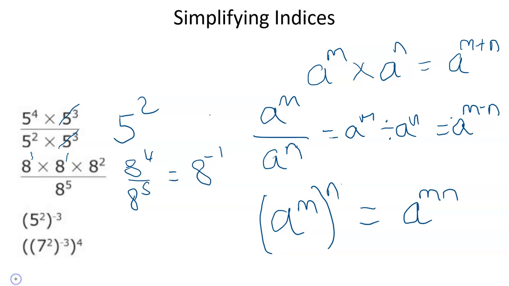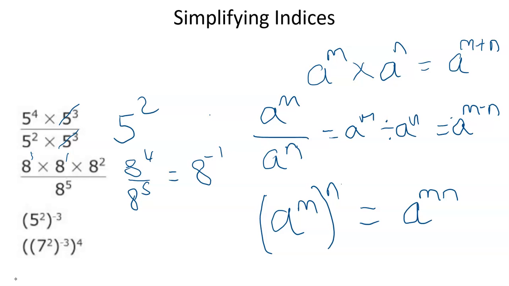If you do have access to the answers to the questions you're doing, it might give you the answer as 1 over 8, depending on how the question asks you to show it. If it says as a number to a power, well then actually 8 to the minus 1 is the correct way to do it. Okay, and then if you raise a number to a power and then to another power,